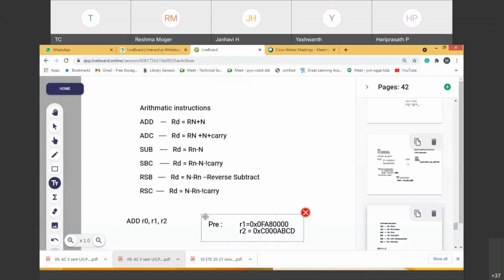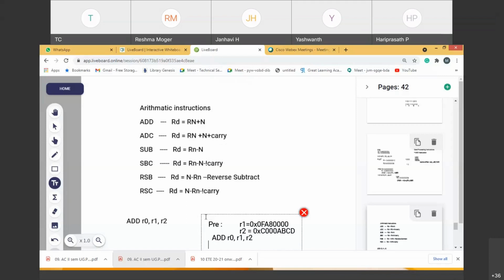All hexadecimal representation should be represented as bits, 4 bits each, you know that. Then you write 32 bits, take another 32 bits of the second number, add them and get the result. That result is nothing but what this instruction does. What is that? R0, comma R1, comma R2. This is the instruction.